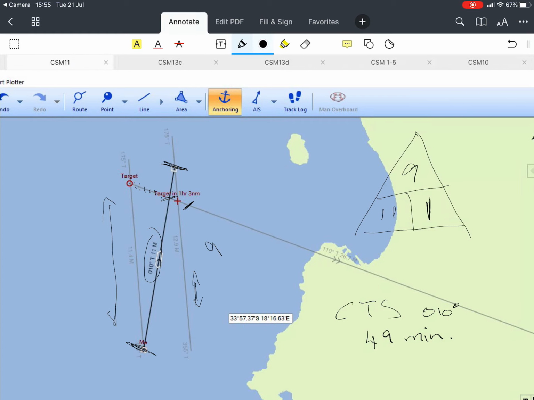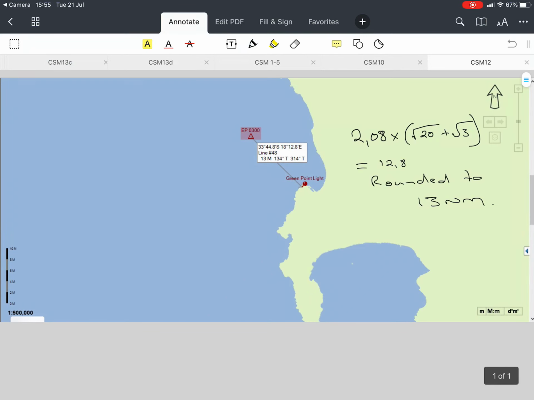Let's have a look at question number 12. Number 12 is all about dipping the lights. We've managed to establish that when we converted our magnetic to a true number, we were seeing the light at